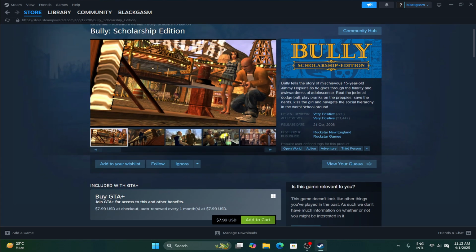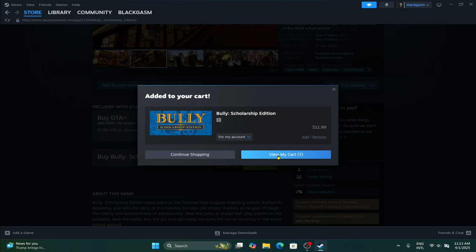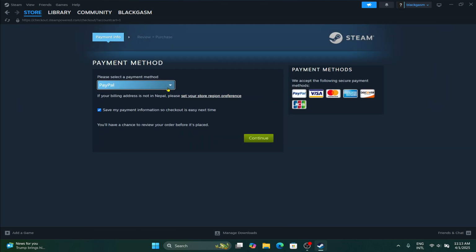into the game page. You can check out the game details as well as the review, and you will find the game edition underneath. Click on the Add to Cart button, and then click on View My Cart in order to proceed for payment. Once you click on Continue to Payment, you can now use your payment method in order